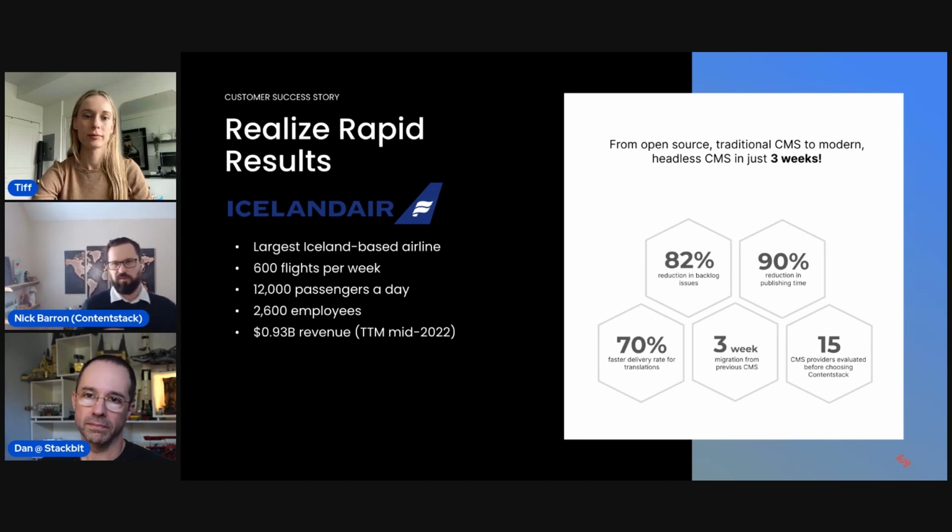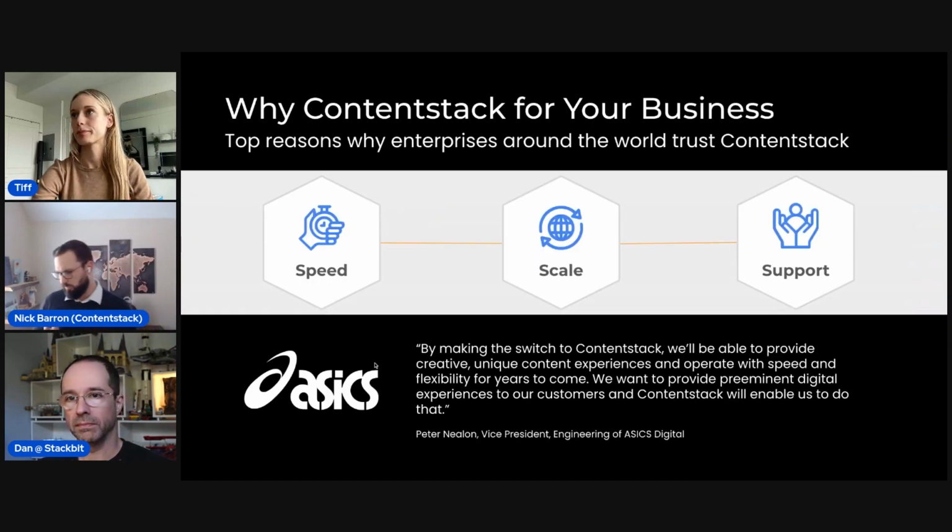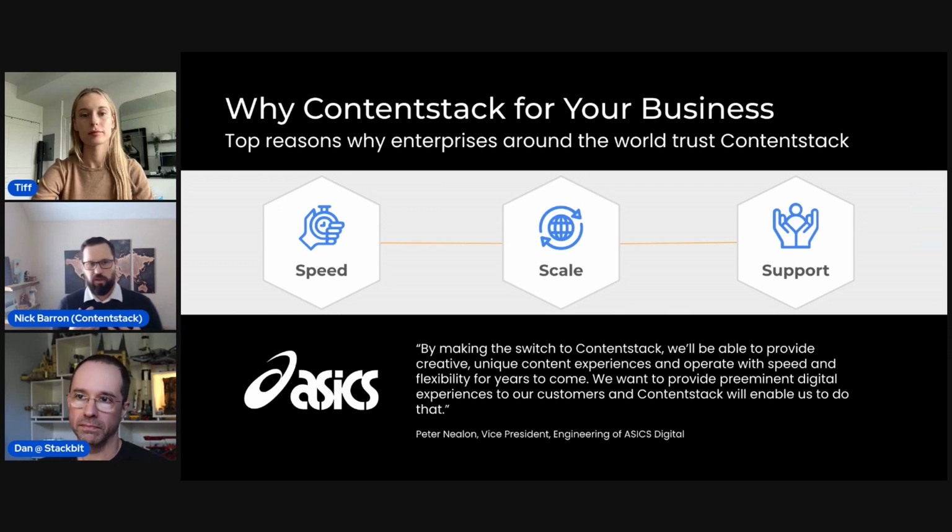And again, if we just jump to the last slide, the things that you should always look for with these different composable ideas is speed, scale, and honestly, support is a huge part of it, right? Because the speed is going to be intrinsic to a lot of these platforms, and with that, you're going to get that scalability. But you need to make sure that there is a great caliber support backing that up.